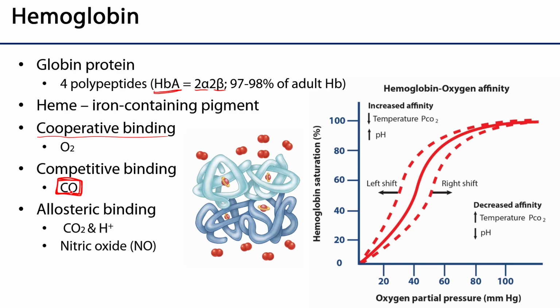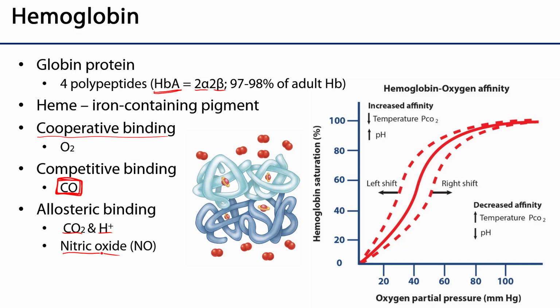We also have allosteric binding, so molecules that can bind elsewhere on hemoglobin that can affect the affinity of each subunit for oxygen. So as we'll see, carbon dioxide and protons can affect the shape of the binding site for oxygen, and thus affect affinity. So can nitric oxide, or laughing gas. I'm sorry, laughing gas is nitrous oxide. Nitric oxide is a byproduct of cellular metabolism that can be produced in the endothelium of red blood cells. But nevertheless, that can happen.